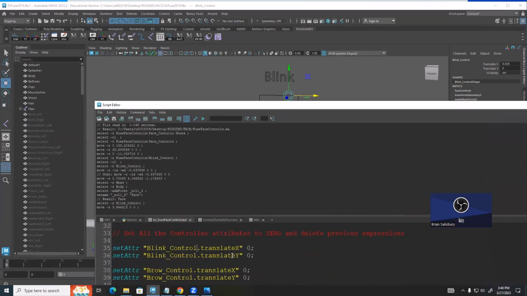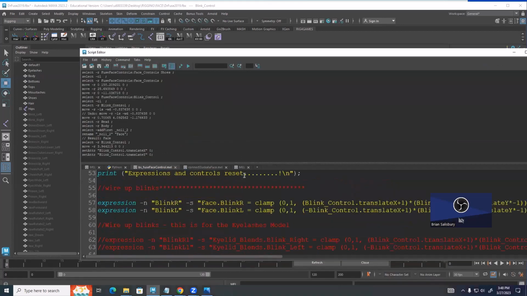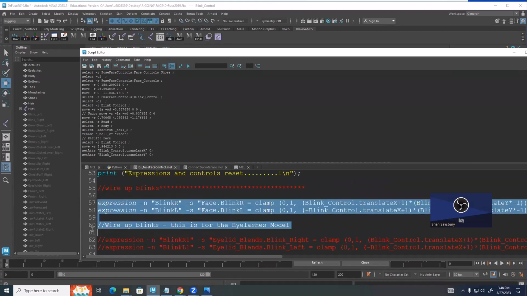So let's just show you just how the blink control works. So taking set attribute, the first thing I do, I'm setting the attribute to 0 on the controller. There you go. And now if I just take this part of the script where I'm setting up the blink R. Okay, and if I run that,